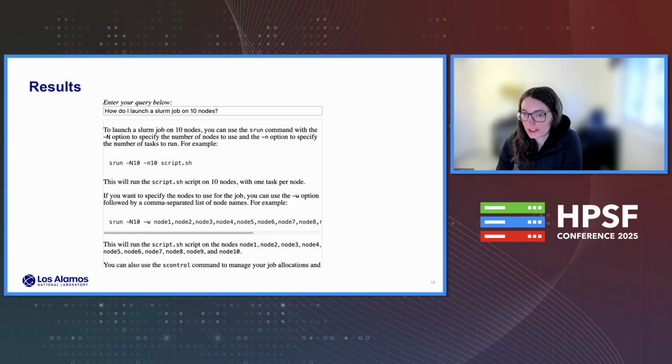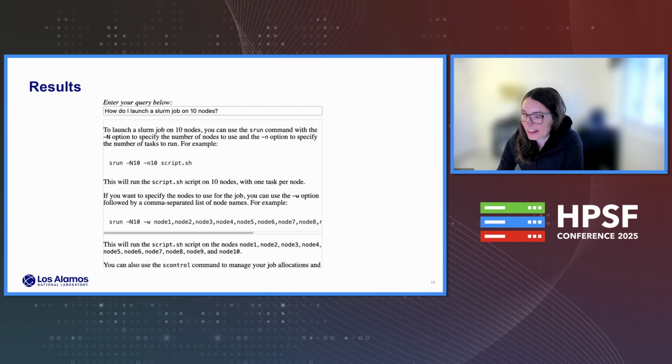The next question: how do I launch a Slurm job on 10 nodes? I included this just to prove the point that it can give general information. I believe we did feed it context on the Slurm documentation, so that makes sense, but it can give you information that is not specific to our systems.